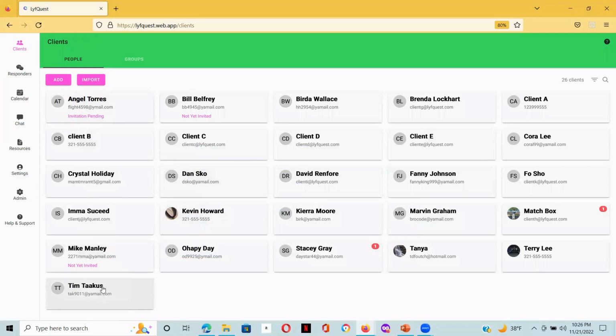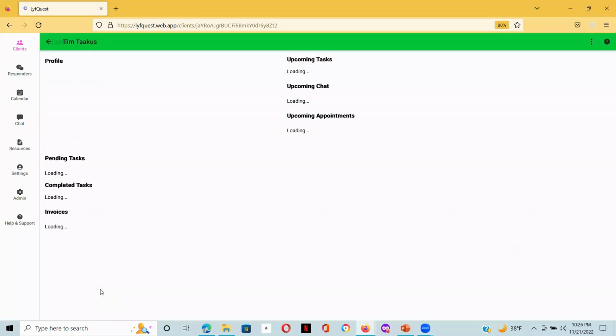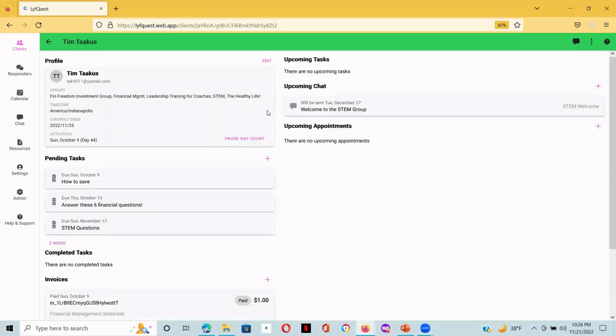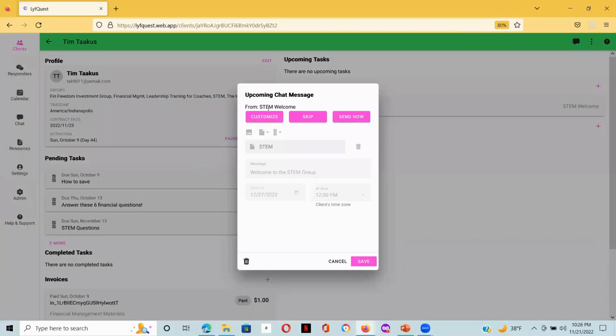We're going to click on a client's profile. And over here, to the right, you will see upcoming chat, and we'll click on that. Now, if your upcoming chat shows you options where you can customize, this is an autoresponder that you have previously set up. So you can hit customize, and you can add documents or tasks from your computer or from your